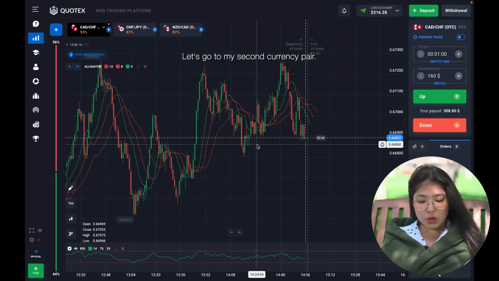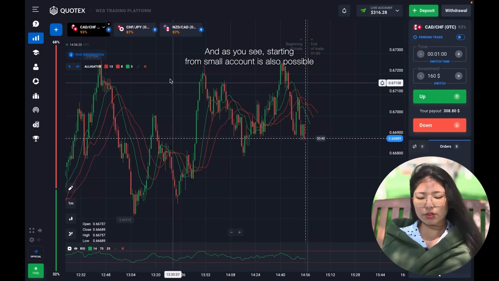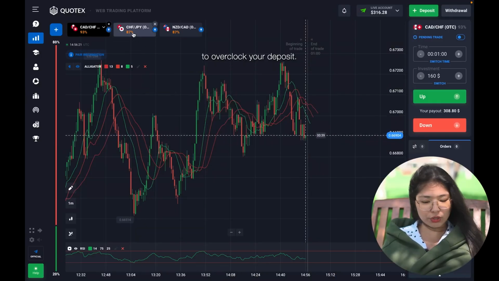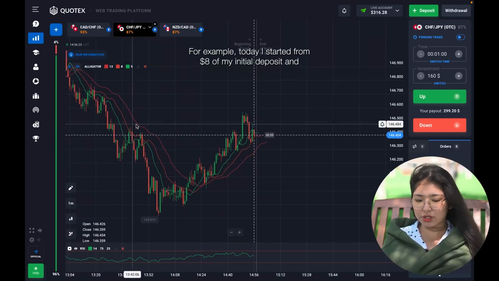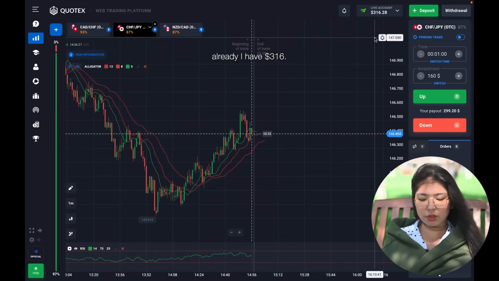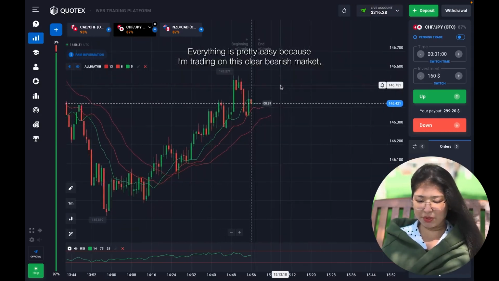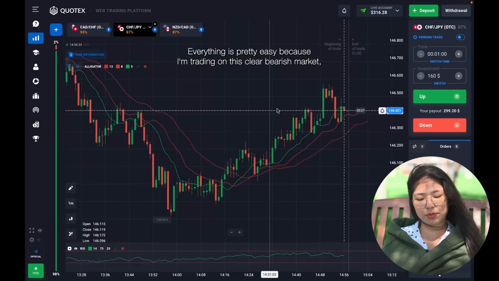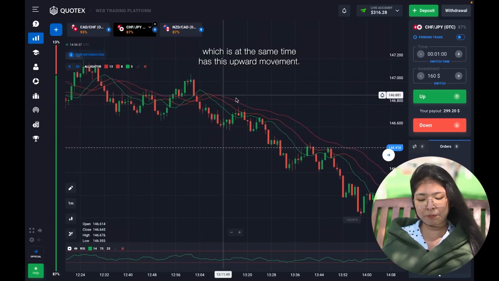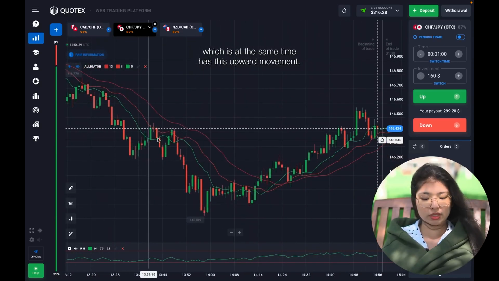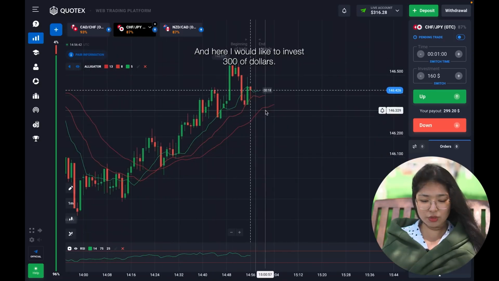So guys, let's go to my second currency pair. As you see, starting from a small account it is also possible to overclock your deposit. For example, today I started with just $8 of my initial deposit, and already I have $360. Everything is pretty easy because I'm trading on this clear bearish market, which this time had this upward movement. And right now the price is growing a little bit, and here I would like to invest